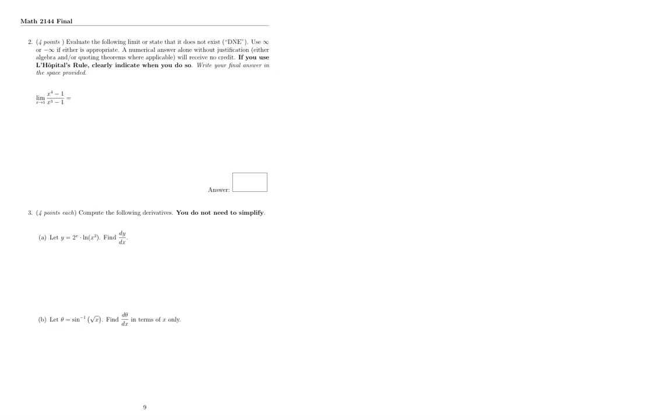Okay, evaluate the following limit or state that it doesn't exist. Okay, so as x approaches 1, I can see that in the numerator, as x approaches 1, I get 0, and in the denominator, as x approaches 1, I also get 0. So this is an indeterminate form of type 0 over 0, so we can apply L'Hopital